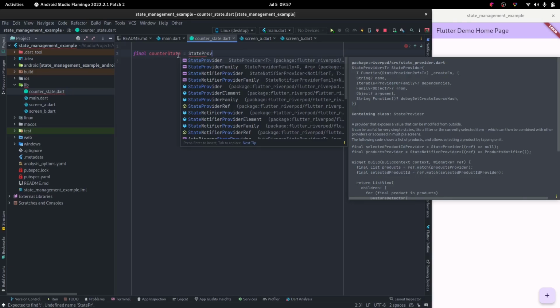Usually you don't even call them states, they call them providers. All right, so because it's a StateProvider, we say something like counterProvider, productsProvider. It receives something called a reference, gives us a reference to the provider, but that's not important now. But what we really want is to know what this is. This is the state that we're trying